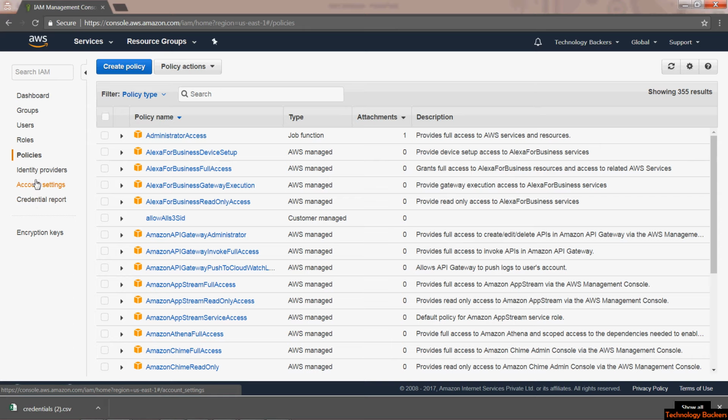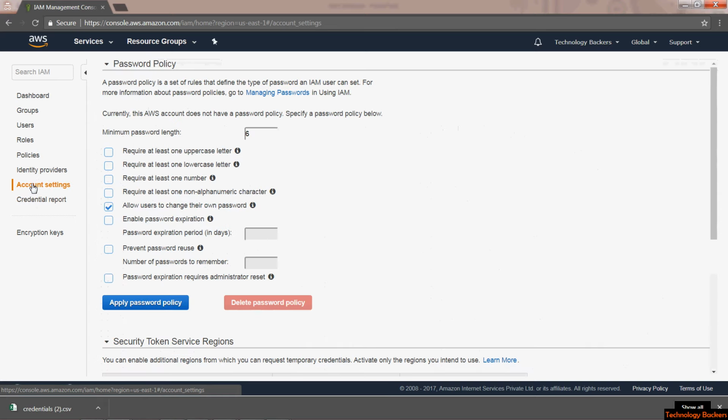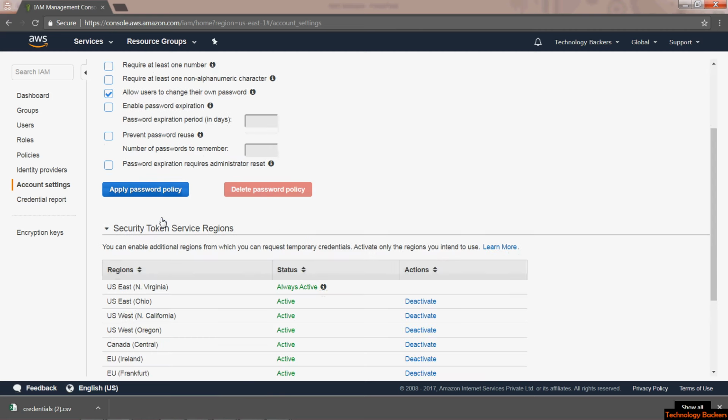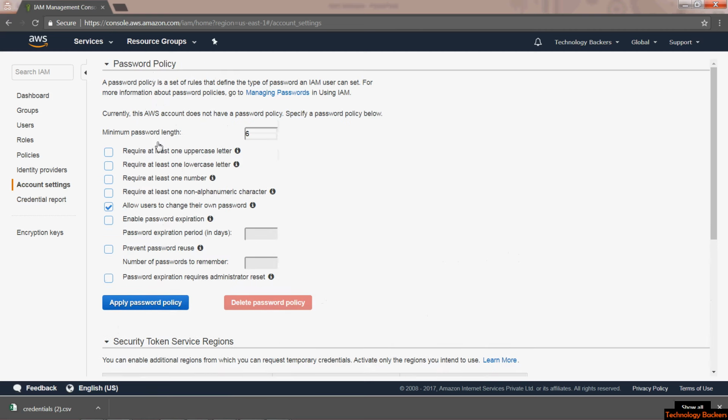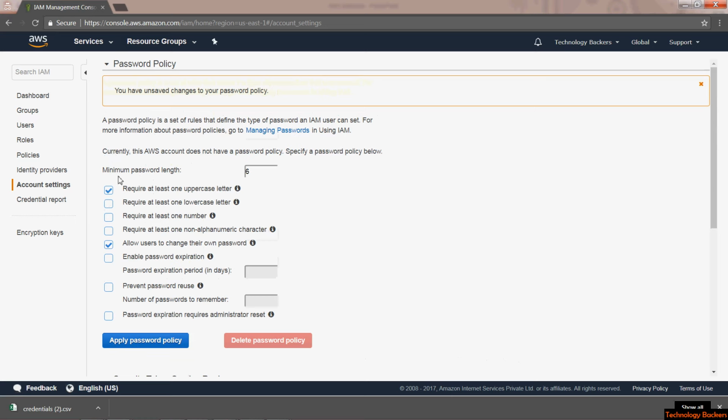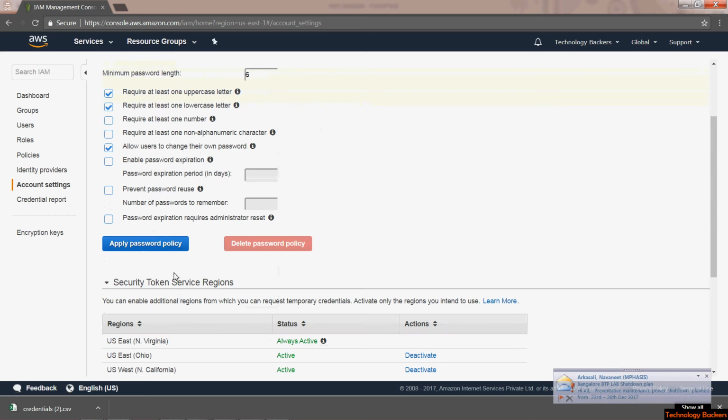Another thing is account settings. So this is a password policy. You should maintain a password policy. Okay, so I'll tell you what is there. So this is like require at least one uppercase letter. So this is a policy. Require at least one lowercase letter. So these are the things. Okay, when I click on this, it is a simple password policy. When I click on apply password policy,